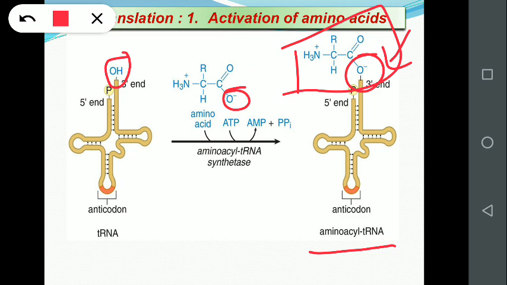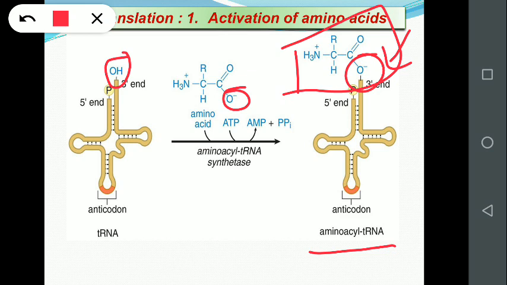So that way we will have 20 different aminoacyl tRNA synthetases that can esterify all the tRNA molecules with their corresponding amino acids. Okay, minimum 20 are just enough to attach or esterify the 20 different amino acids to their